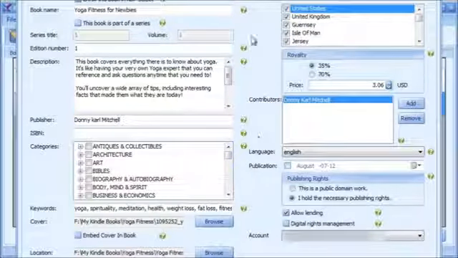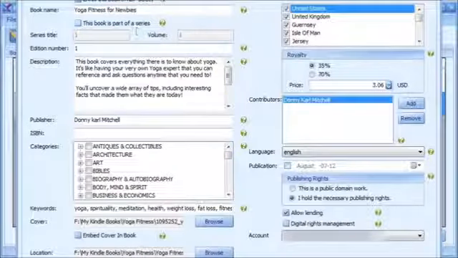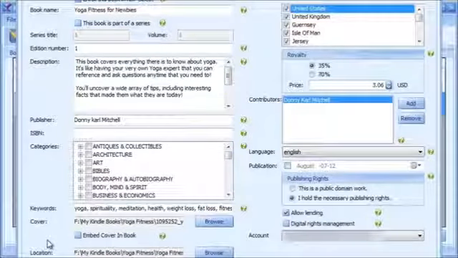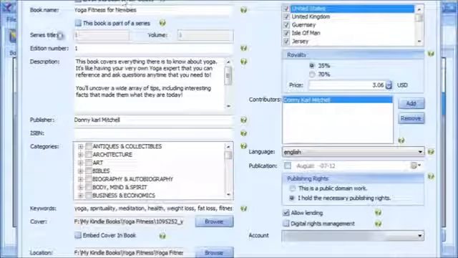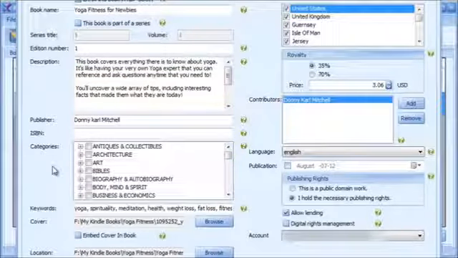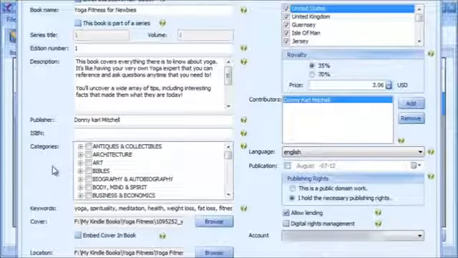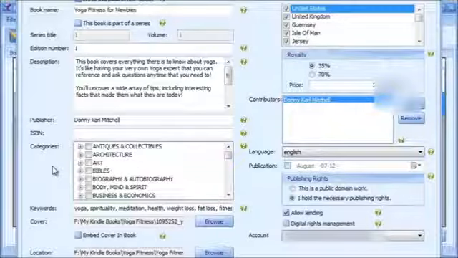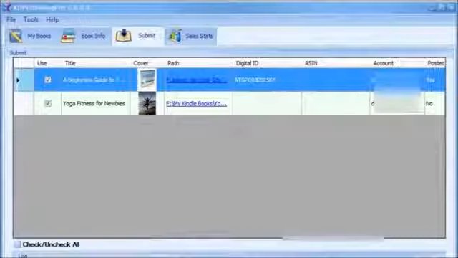I'm not sure if you'll see it come up in the video here, but you just simply read along and fill in all the information. In fact, I've already recorded a quick video that goes through and explains each and every one of these fields in great detail so you can fully understand it. And once you've done it once, after that, it's totally easy to get your publications in there really, really quickly.